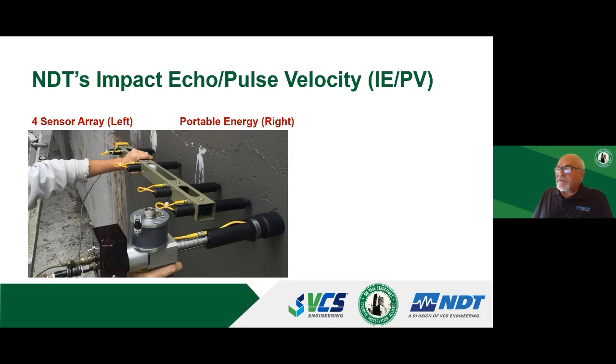And on the left-hand side are our sensors. This happens to be a 4-sensor array, channel 1, 2, 3, and 4. Closest to the gun, channel 1 and 2 are about 6 inches apart, 2 and 3 are about 12 inches apart, and 3 and 4 are about 12 inches apart. So over a 30-inch lineal distance, every time we pull the trigger on the gun, we get velocity information and frequency information. And then we move it, and we go up and down or do a continuous line all across, go up 2 or 3 feet, do another continuous line, and we can do a complete survey of the whole surface of a concrete beam or a concrete wall or a deck or a column or whatever we happen to be